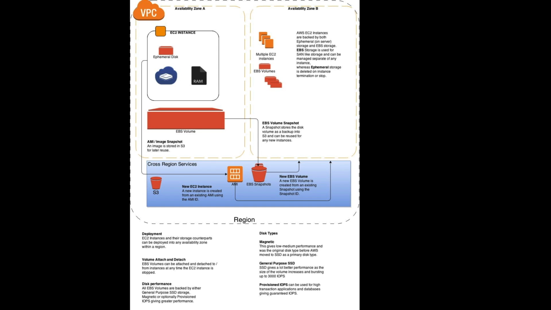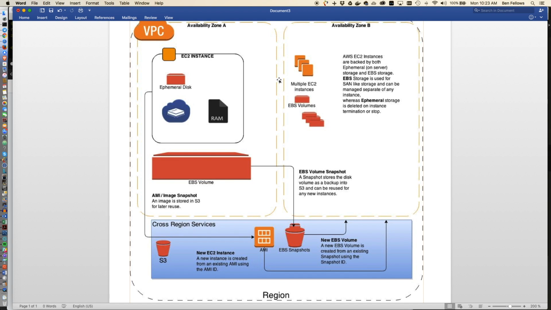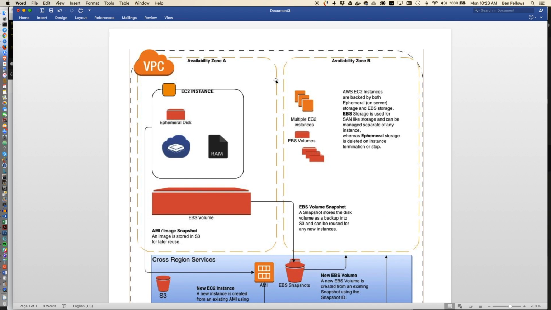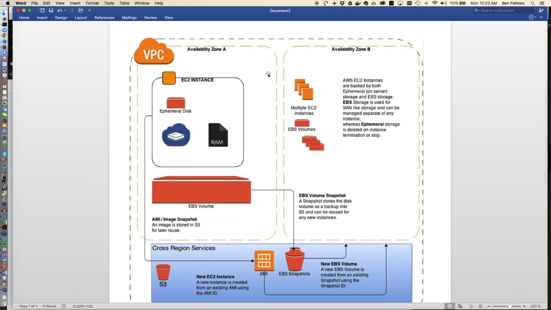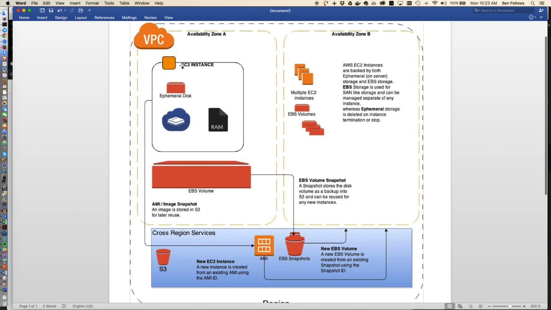Just to give you an idea of AMI snapshots, let's look at this picture here, and we're just going to go into it in a bit more detail. What this picture represents is your Amazon Web Services environment. This VPC stands for Virtual Private Cloud. So everything runs within your VPC, and within your Amazon account and the region that you choose, you've got at least 2 availability zones that you can work with. Here's an EC2 instance. So it has ephemeral on disk, has memory and CPU, and it has EBS volumes that